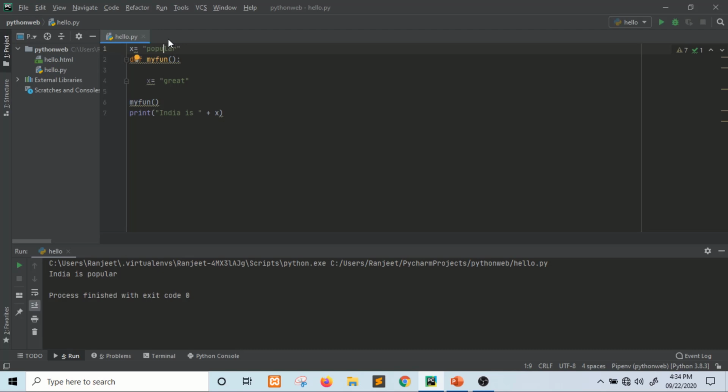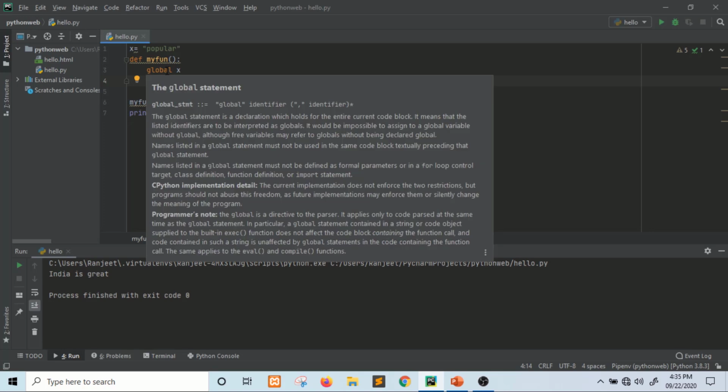So it is taking the value of the x. Here popular is working as a global variable, right? So now if you define using the global keyword inside any function, then it will take that global value. You can use it, and global means you can use it anywhere in the program.